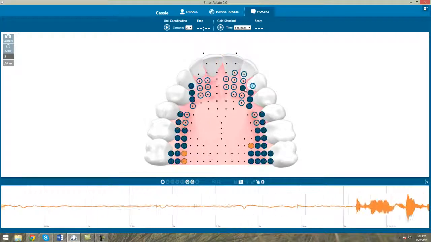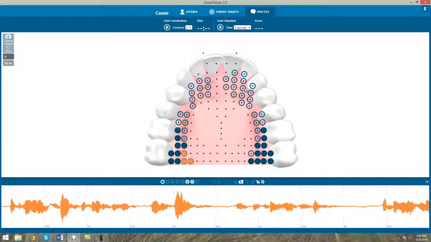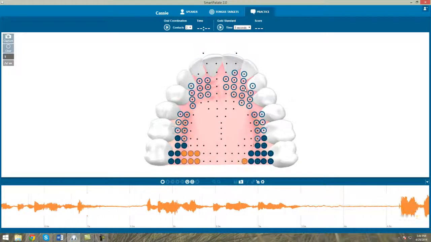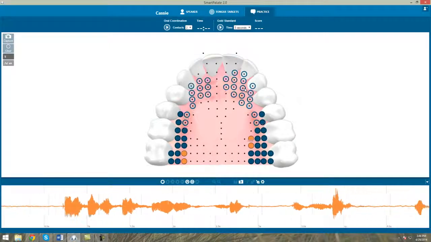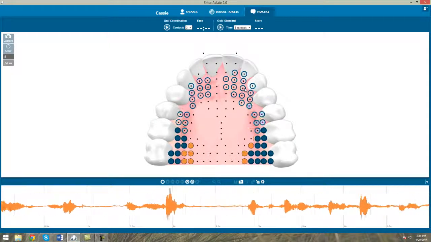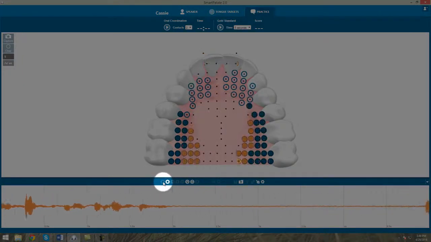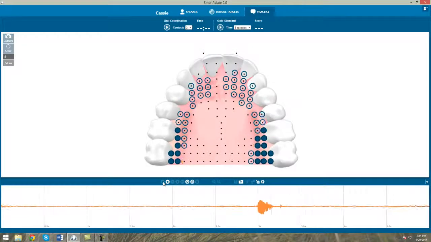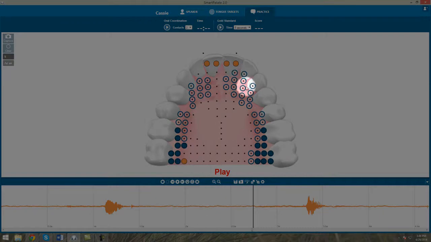A common substitution for the S is the TH sound. This is what most people might call a lisp. I'll record myself saying the words think and that with the TH sound substituted for the S phoneme. Think. That. Here you can clearly see the difference between the TH that I produced and the S target that I